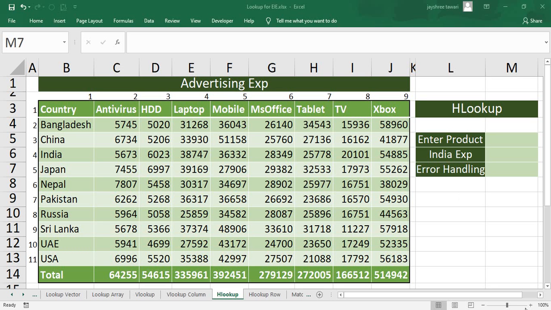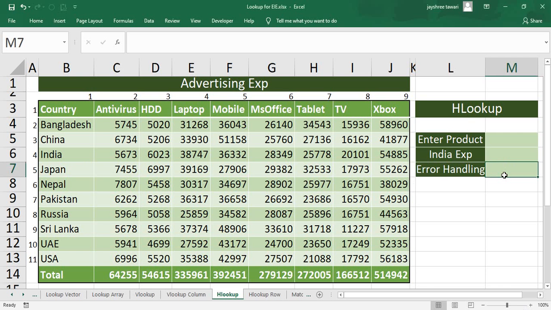I had already explained about VLOOKUP in one of my videos. The basic logic goes the same over here. So if you have not yet watched that video, I request you to first check that so that you will get a better understanding about VLOOKUP and HLOOKUP. In that video I had explained the concept of arguments, the reasons for errors in lookup functions, and also how error handling or troubleshooting can be done when you get errors in your lookup functions. So check that video so that you'll get all the basic logic.